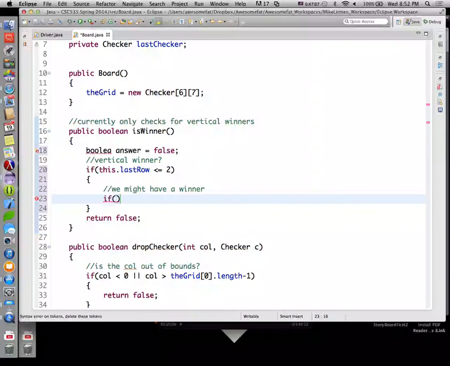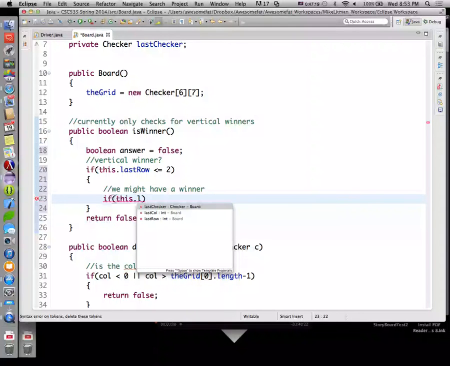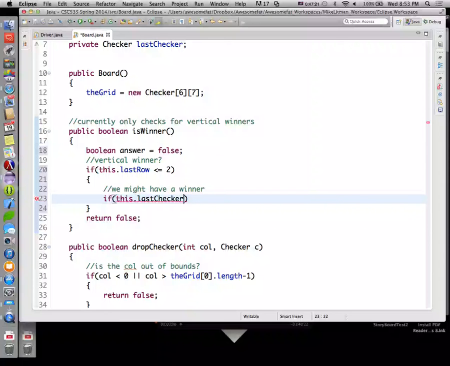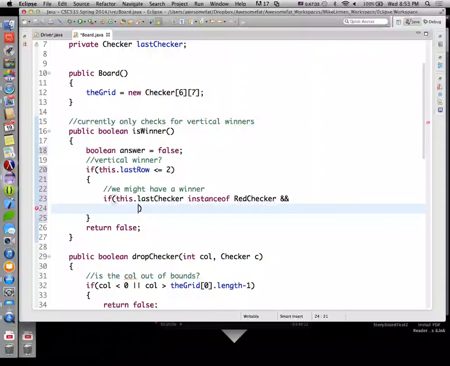So we're going to say if this.lastChecker is an instance of RedChecker and